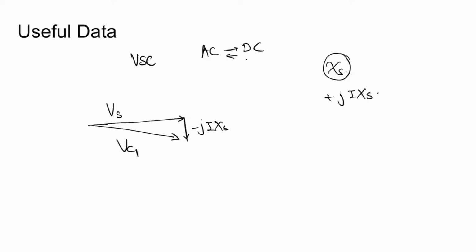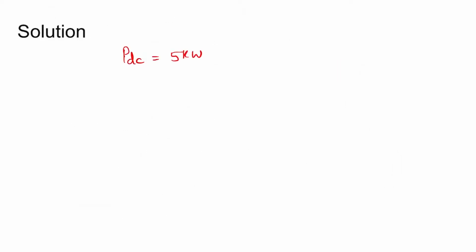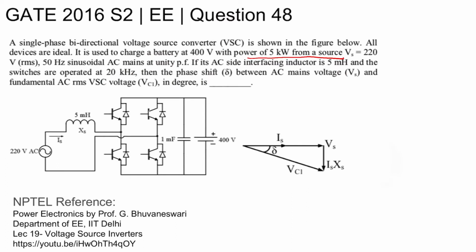Now if this is the phase shift angle delta, tan delta is given by the length of this perpendicular, IXS, divided by Vs. Also, P input equals P output, so we can write PDC equal to PAC. Now coming to the solution, PDC is given as 5 kilowatts because it is given that power of 5 kilowatts